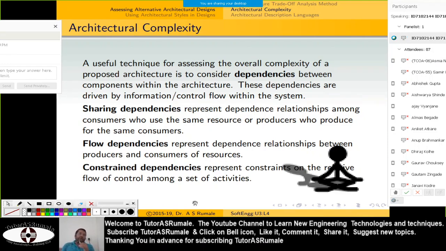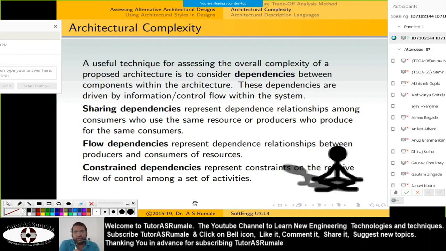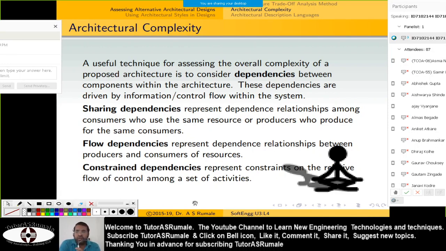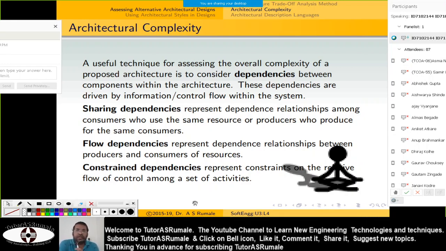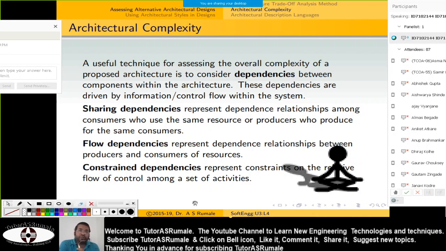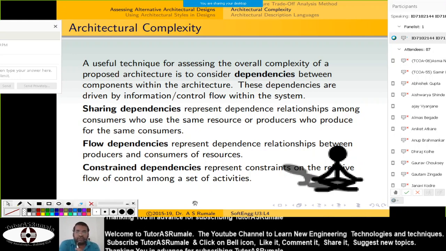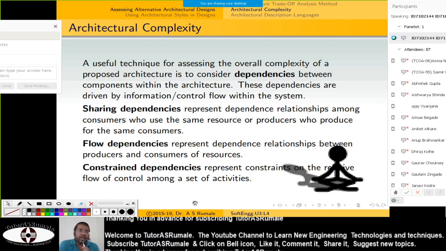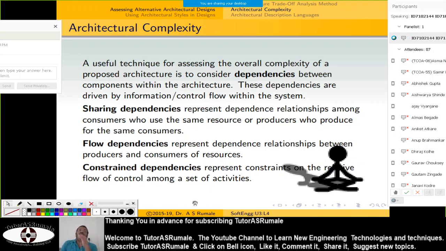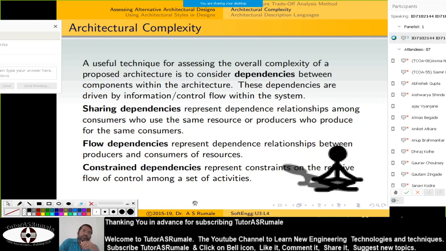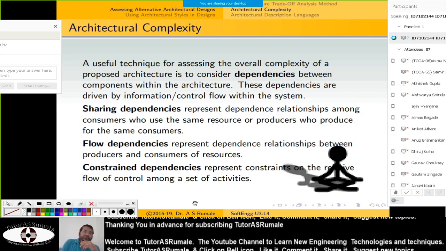Now what are constraint dependencies here? There are three types of constraint dependencies. One is what we call technological, another is time, and another is financial. We are not talking about the financial dependencies here, because we are thinking of software development design. So we are only talking about the two dependencies. First is technological, second is time dependencies. Time dependencies are actually related with the performance of your system. So speed of your algorithm, accuracy of algorithm, that all comes in timeliness, effectiveness and efficiency of the thing.